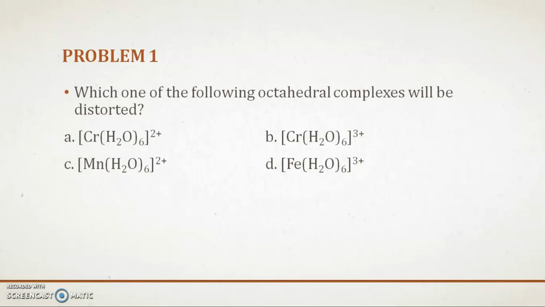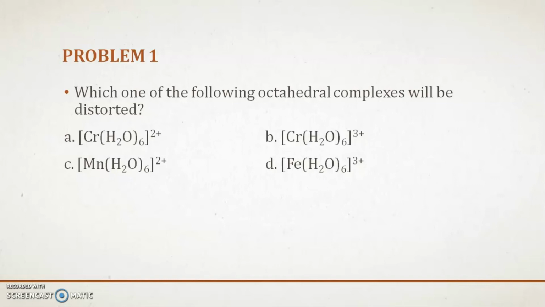So how are we going to arrive at the answer? We are now going to look at the configuration where Eg is unsymmetrical. Now we have to see in which of these complexes Eg is unsymmetrical. We could see that all are aqua complexes, so all are high spin complexes. Now we have to write down the t2g configuration for all these. For that we should know the oxidation state, the d electron count, and the high spin t2g electron distribution. So how quickly we can do this for all 4, then we can immediately arrive at the answer.